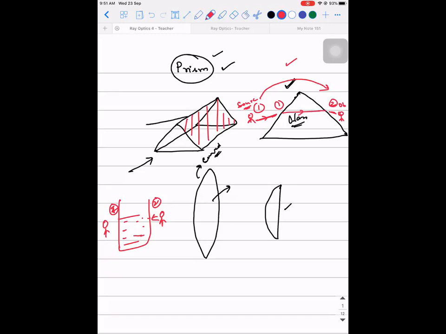When this is happening, this ray is going to act as the incident ray for the second refracting surface. Then what is the physical nature of the second refracting surface? Is it spherical or planar? Planar. It is planar. So if you are able to think of or design a transparent device in such a way that the light undergoes refractions through two planar surfaces, can you call that a prism?